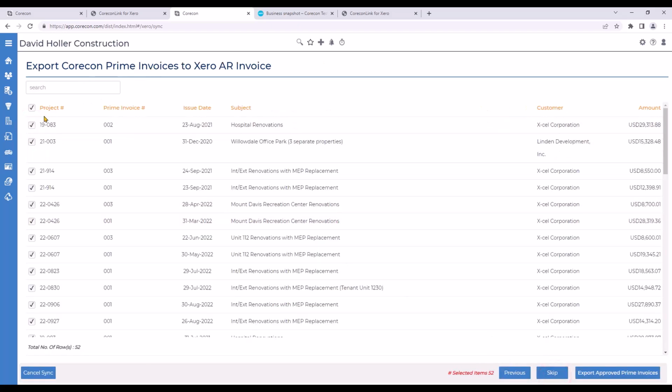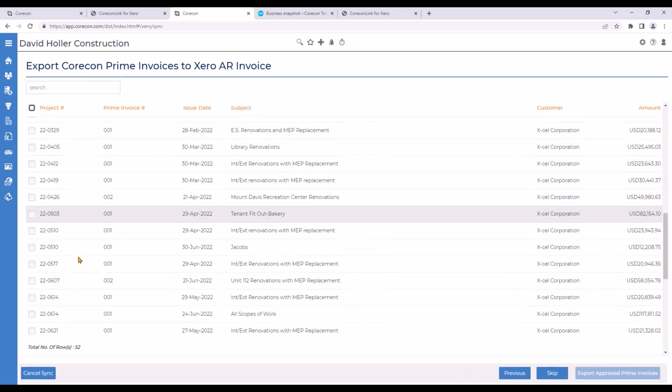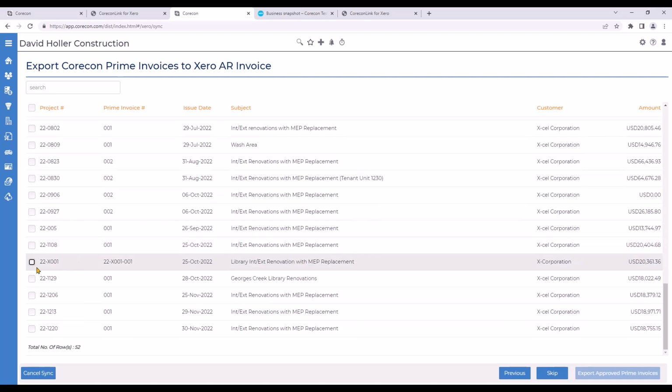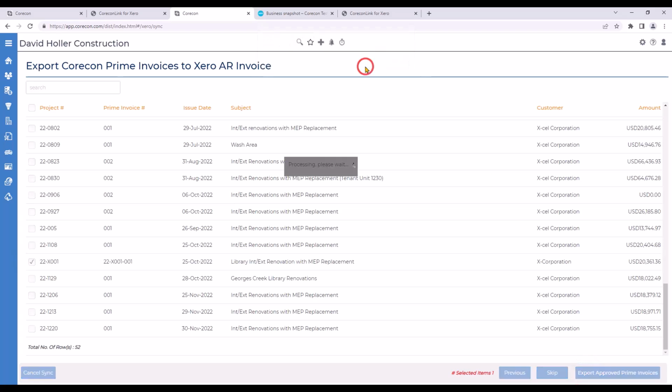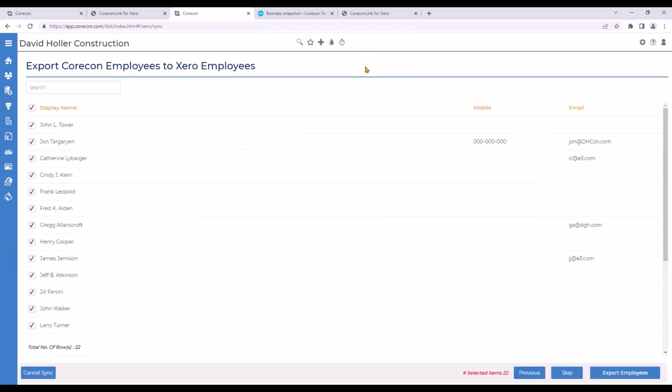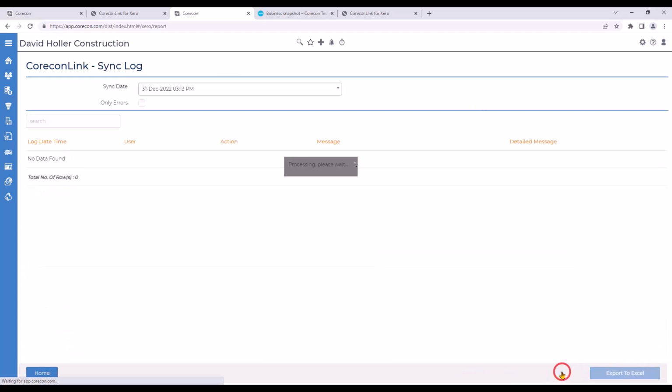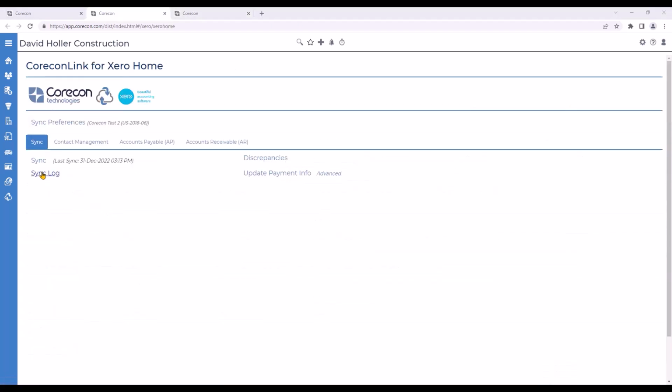Now we have one prime invoice ready for export, so I'm going to unselect all the others so we can focus on just the one that we mentioned before, and click Export Approved Prime Invoices and click OK. There's also some employees ready for export, but we'll skip that step as well. We could go to the sync log